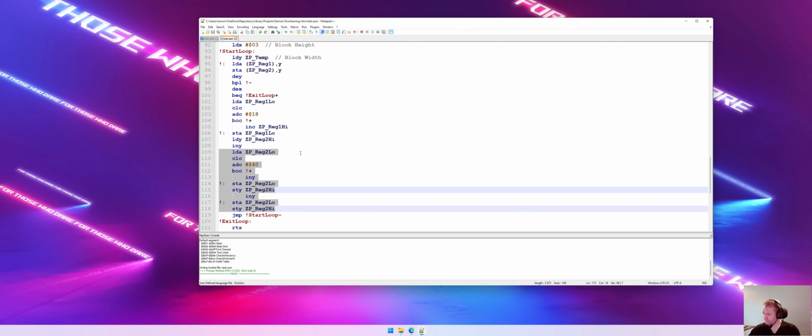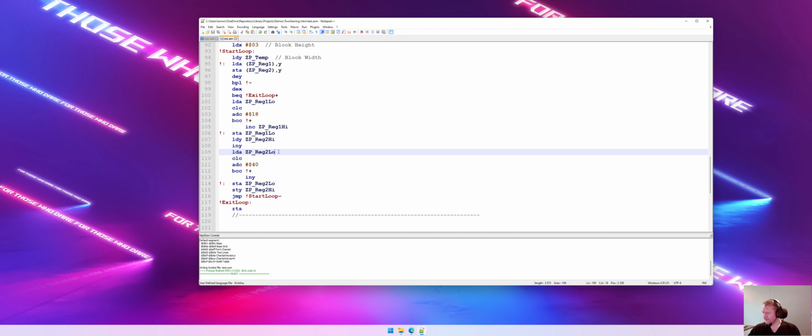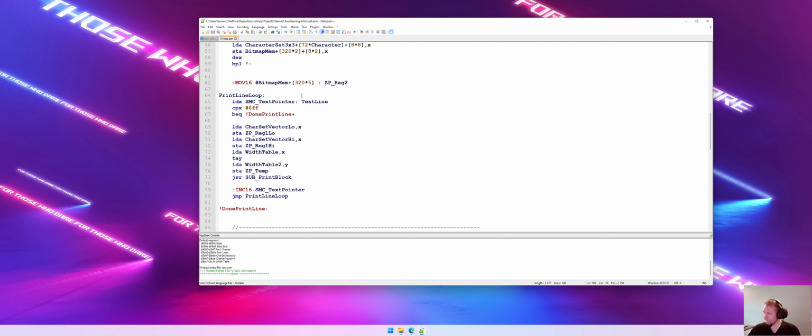Plus this also probably messes up a little bit. So we need to somehow preserve this location. So I'll write it to zero page register 3. I'll use another register, which is the base position,